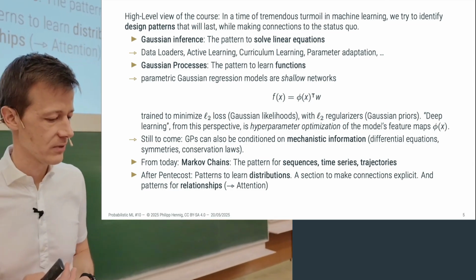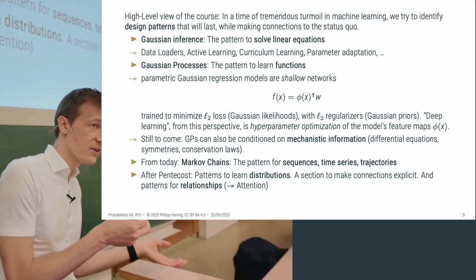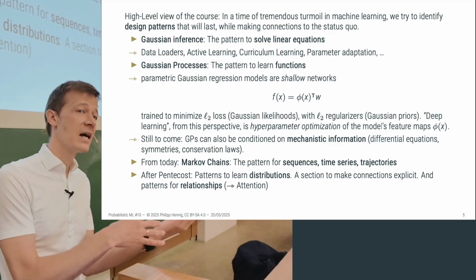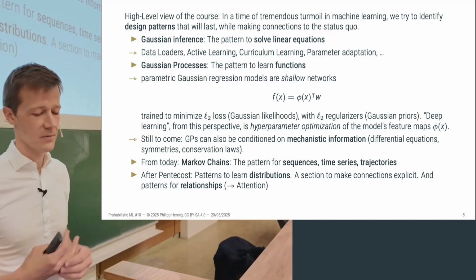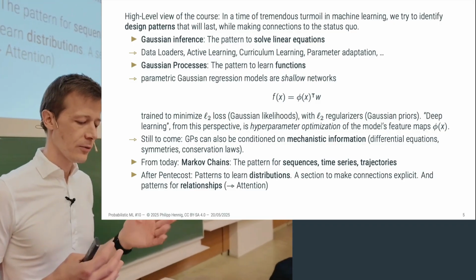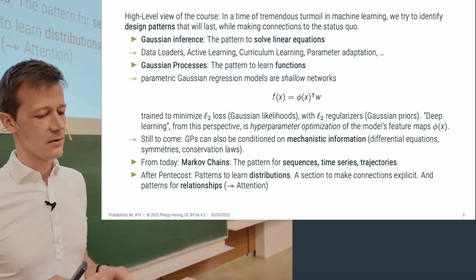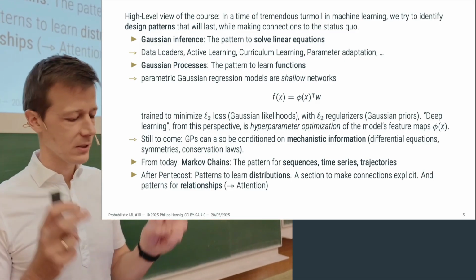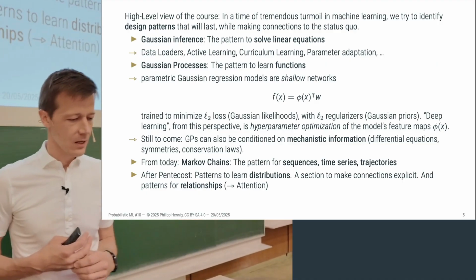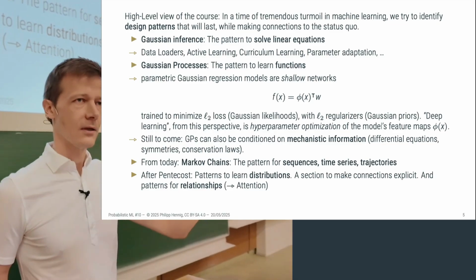Learning a functional relationship. And by the way, it's actually a little bit more specific. The function classes we've considered so far are only functions that map from an arbitrary space to the real line, so they're real valued functions. There will be an opportunity later after the Pentecost break to point out that we can do something about the output space and learn other types of outputs, if you like structured prediction or classification and various other types of predictions.